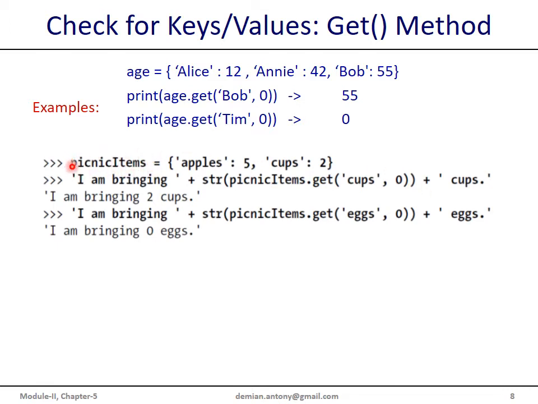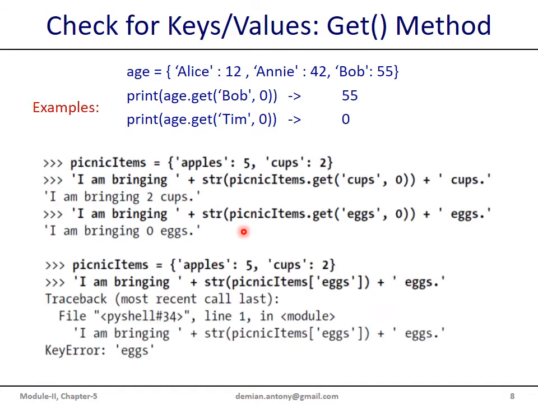Here we have a dictionary called picnic items with two items, and you can appropriately use this get method to retrieve the number of cups, and you get 2 here. And if you use it on eggs, as eggs is not present, how many items are there? We only have apples and cups, no eggs, thus it returns 0, and we have a meaningful message showing I am bringing 0 eggs. Let's take up the third example where we specify